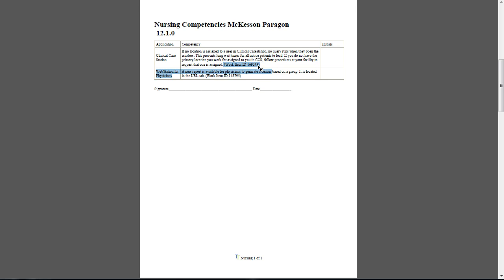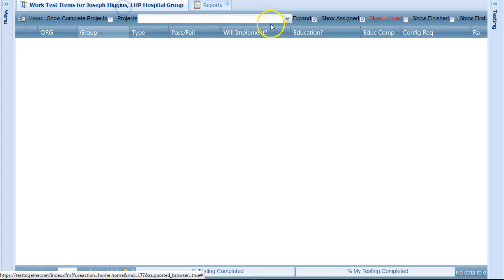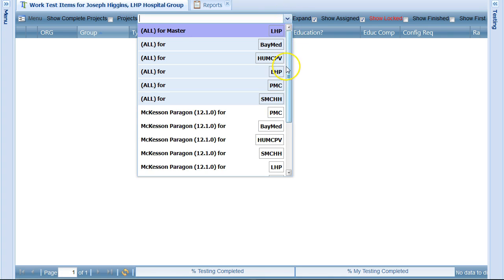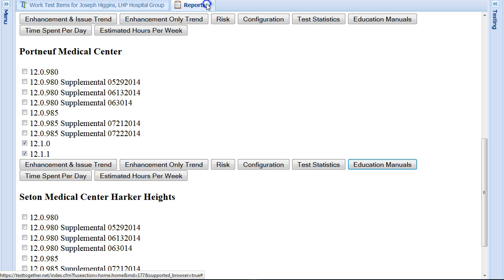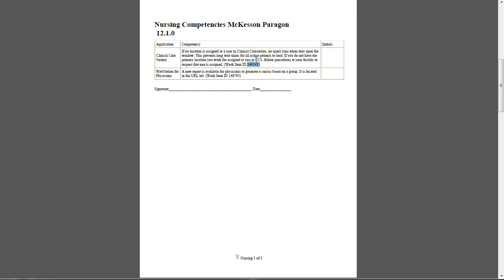This will append the work item ID to the end of each one of these so that if you need to go backwards and edit one of these, you know that you can do a search on this work item ID in your